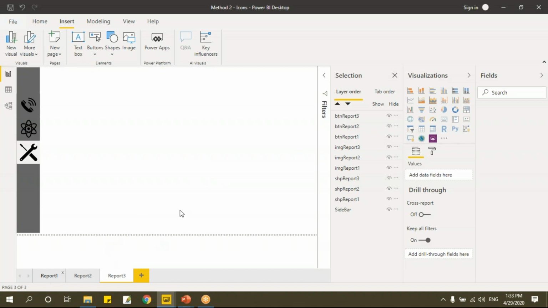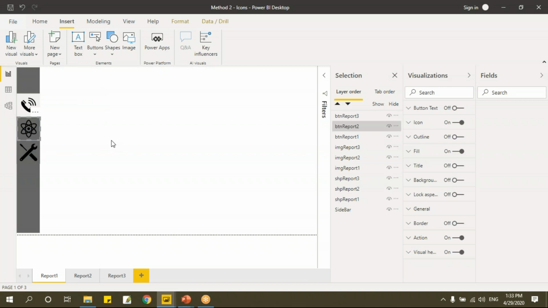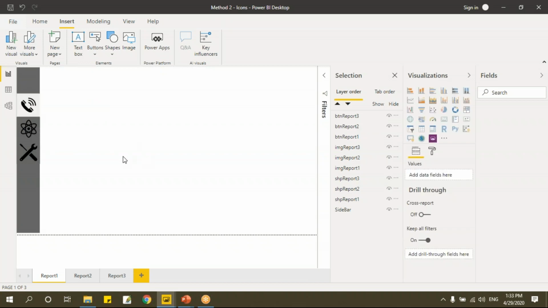Now let's go to this report 1. Now I have this button here. See, if I move my cursor here and click on this, the color is getting changed. We have given that hover and press event. Now let me use control and I'll click on this. See, it is going to the report 2 sheet. It makes us feel that actually this is enabled and these two are disabled. Now let me go here. I'll click on this. See, it will take me to the third sheet.